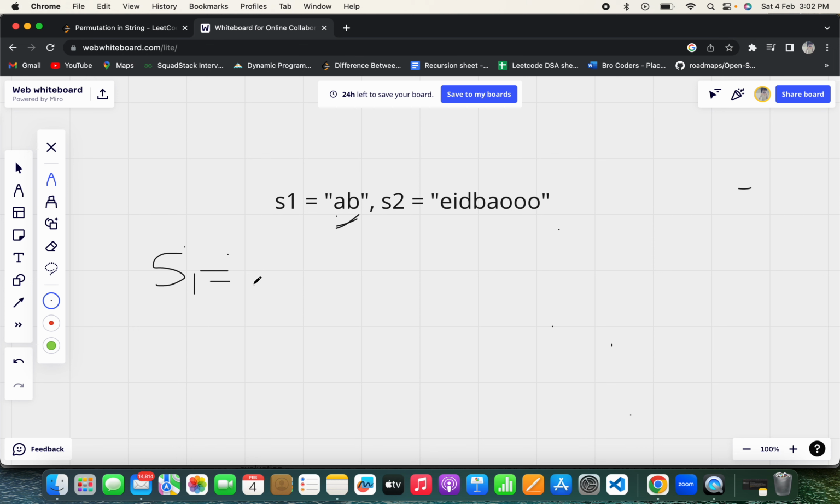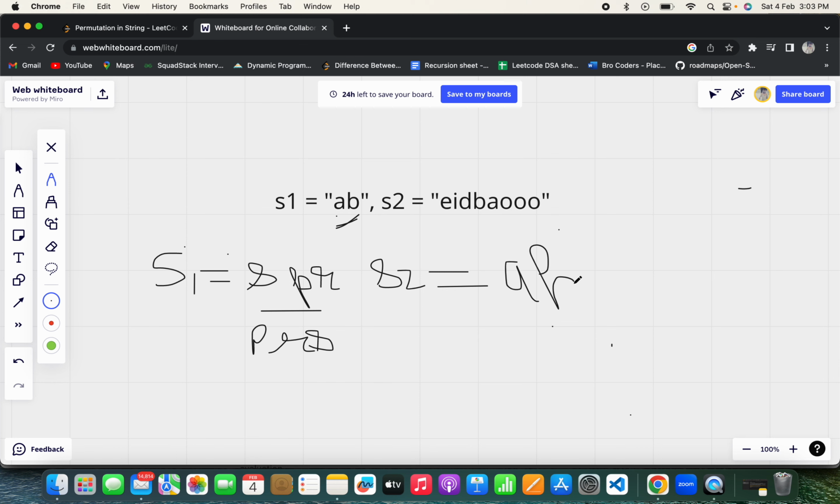So assume our S1 is SPR, and our S2 is any permutation of SPR. Let's assume we are using this permutation, PRS. And S1 is given as APRAPRST. Okay,